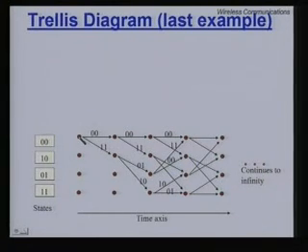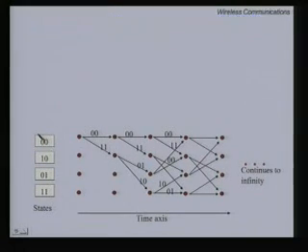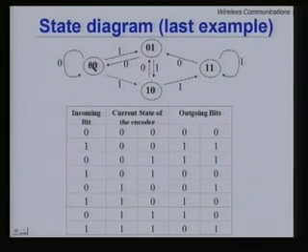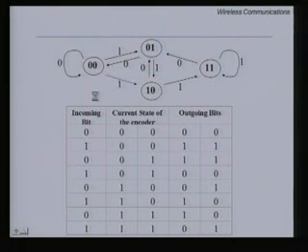So, if I am sitting at 0 0, 1 bit input can come in. Whether a 0 comes in, I move on the upper arm. If a 1 comes in, I move along the lower arm. So, if a 0 comes in, I stay in state 0 0, which is evident because I was sitting in 0 0, and if a 0 comes in, it is a shift register. So, the last 0 goes out, this 0 goes here, and a new 0 fits in, you still remain in the state 0 0. If you look at the state diagram, if a 0 comes in, you revert back to the same state.